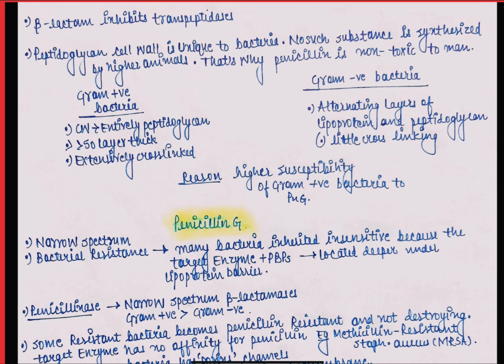Also, we should discuss that whenever beta-lactam antibiotics inhibit the transpeptidase, the cross-linking cannot be formed in the cell wall. Because of this, cell wall deficient forms are produced. Because the interior of the bacterium is hyperosmotic, the cell wall deficient forms will swell up and burst, and bacteriolysis occurs. This is how beta-lactam antibiotics exert their bactericidal action under certain conditions.